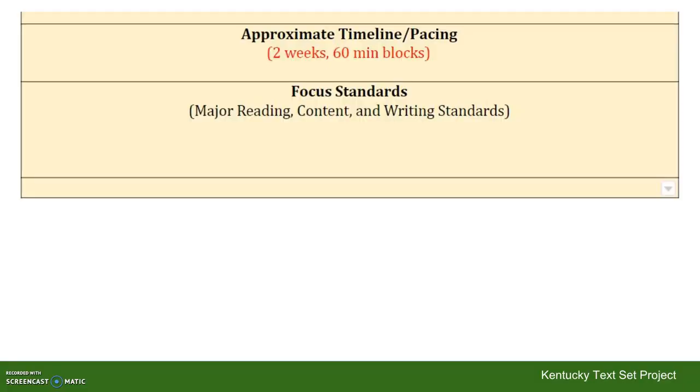The next sections are the pacing and the standards sections. For the pacing/timeline, simply estimate how long you anticipate the text set will take to teach. For the standards, we're going to prioritize and focus mostly on the culminating activity. You'll likely work on many standards as you progress through several varied texts, but consider which ones you'll be featuring